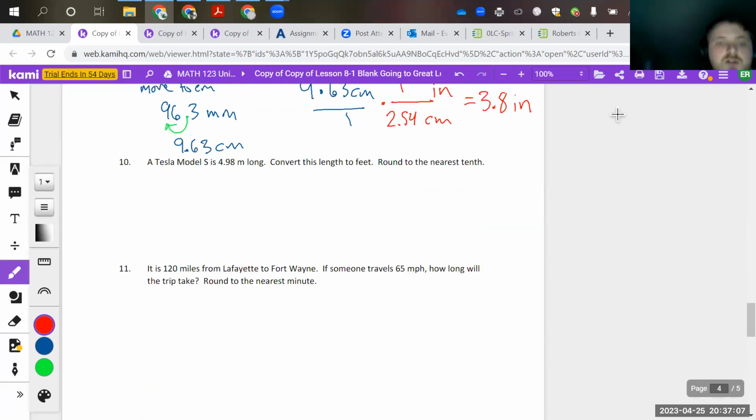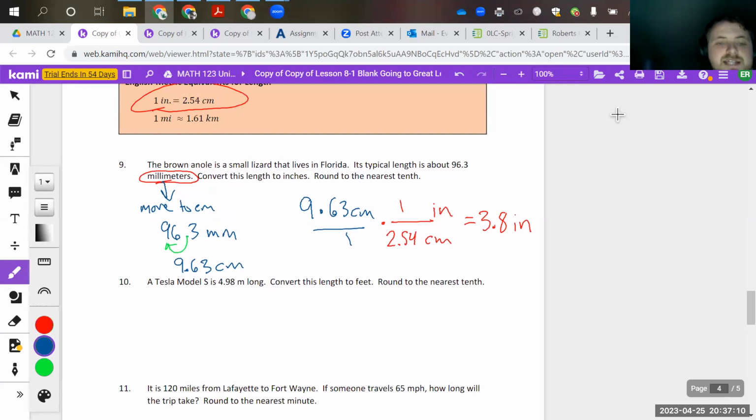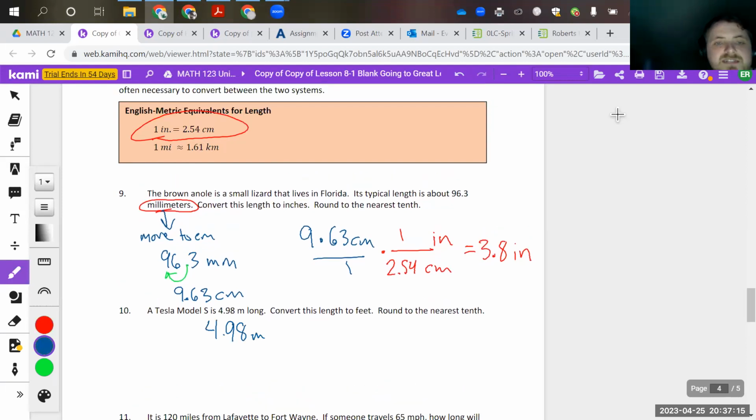Okay, almost done here. So if our Tesla is 4.98 meters and we want to convert this thing to feet, okay, so you've got a couple options here. I would just do a dimensional analysis using this information up here, but I gotta make sure I've got centimeters. So if I start out at meters, I go to, I believe it's decimeters first and then centimeters. So this is the same thing as 498 centimeters